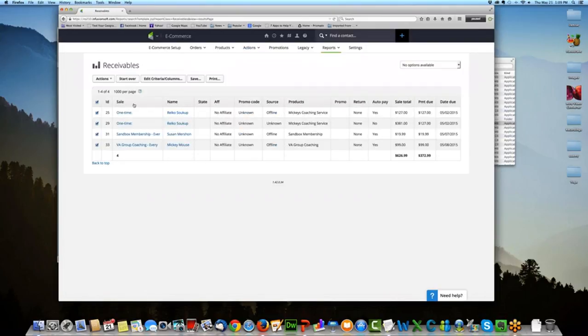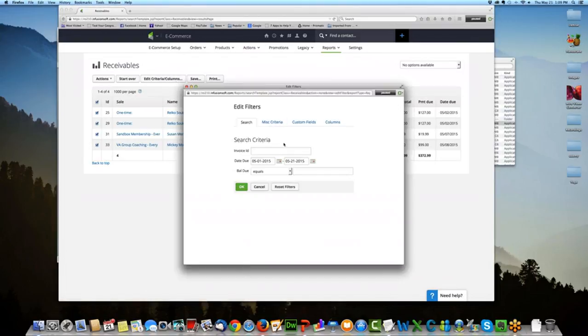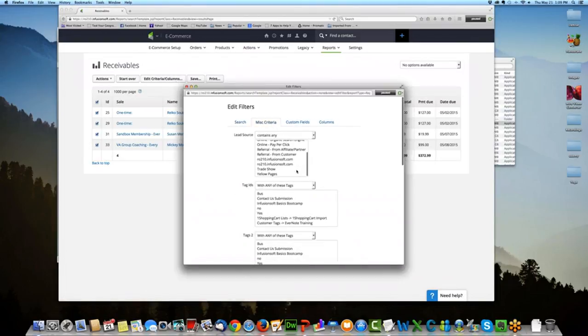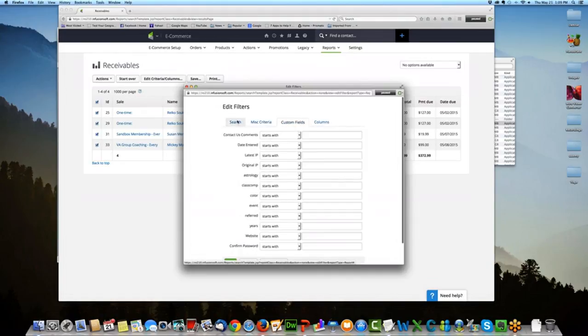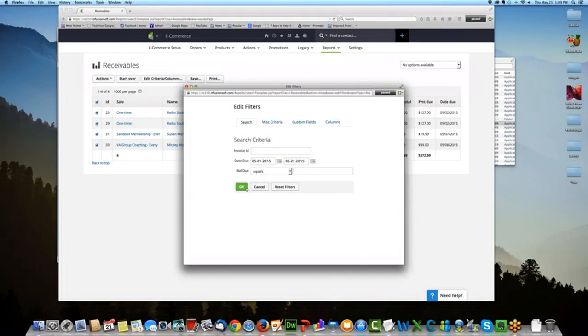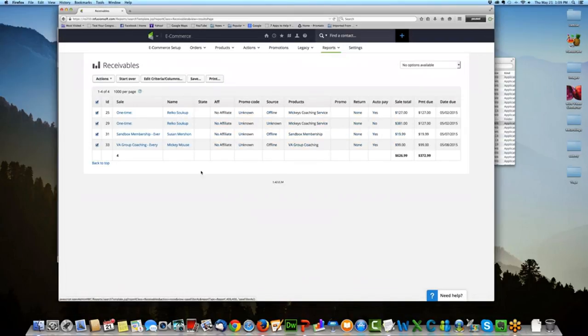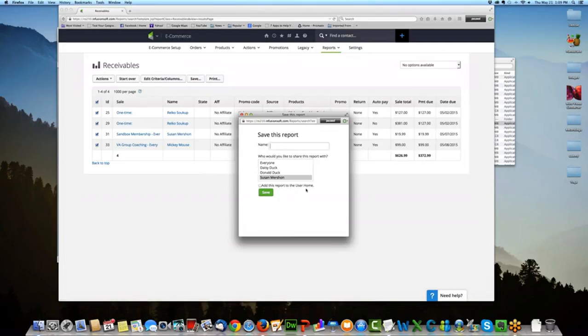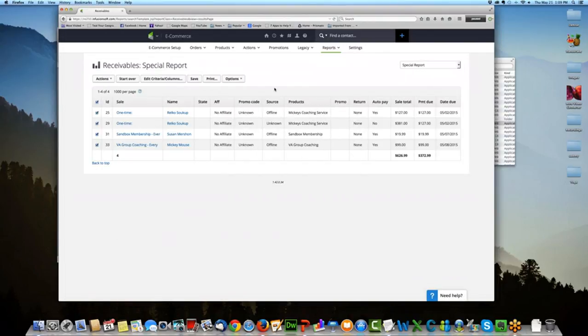And so I could actually create this, right? I could go in here and I could edit some of the criteria, right? I can do different criteria. I can add custom fields. I can add columns. So you can actually go in and make some changes. And then what you can do is save it as a different report, right? So I could go in here and save this report as, right? And then if I was to go back to my dashboard,